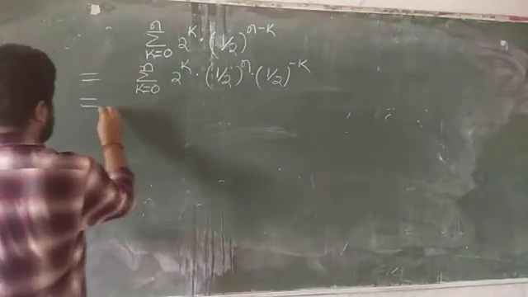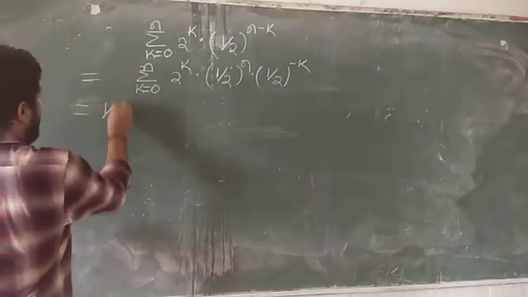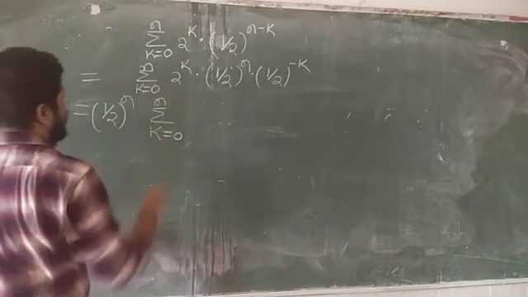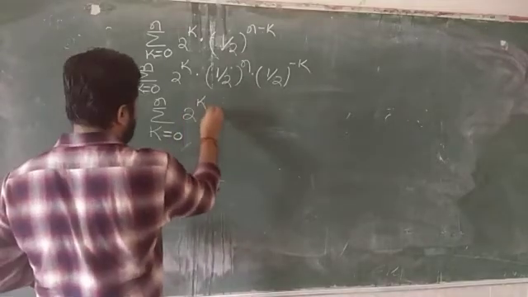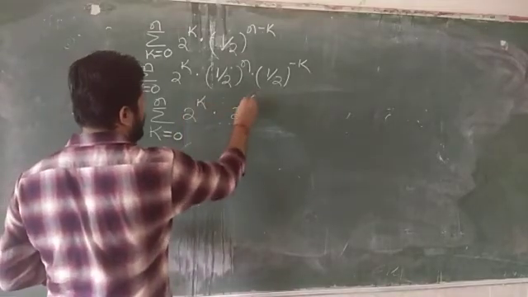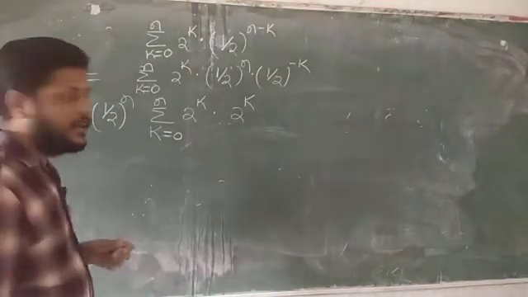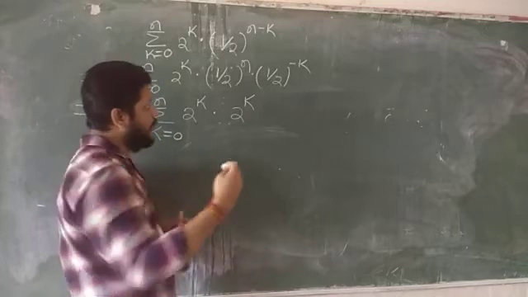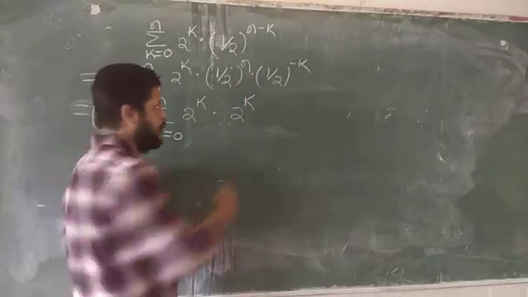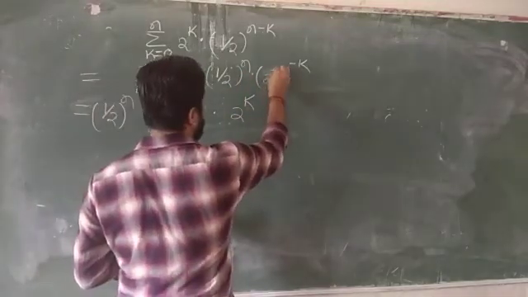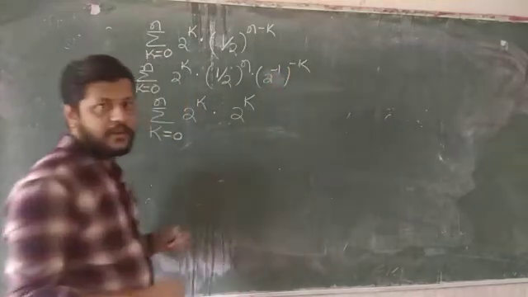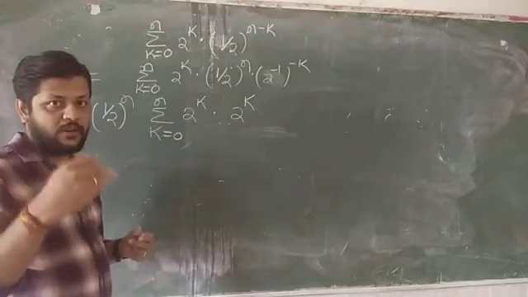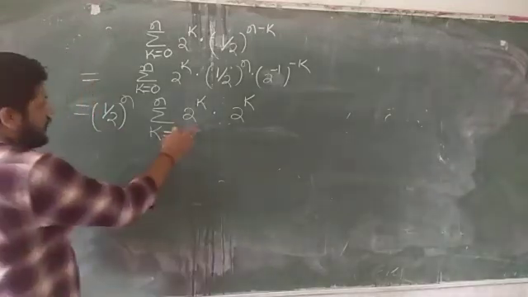Then how to write this? This can be written as half to the power n summation of k is equal to 0 to n, then again this is 2 to the power k into 2 to the power k. How 2 to the power k? Because half to the power minus k, this can be written as 1 by 2 can be written as 2 to the power minus 1, and 2 to the power minus 1 multiplied with to the power minus k. This can be written as 2 to the power minus 1. This minus 1 and minus k is multiplied, just like you know the formula in power, a to the power m whole to the power n means a to the power m into n. So you can see here, this can be written as